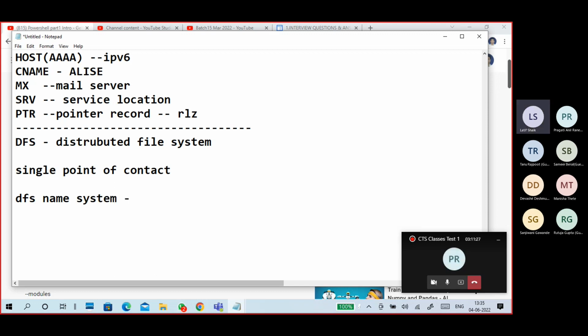It means the user is not required to access shared folders from different servers.